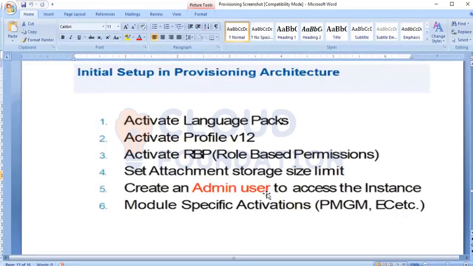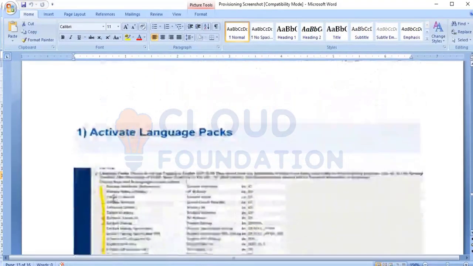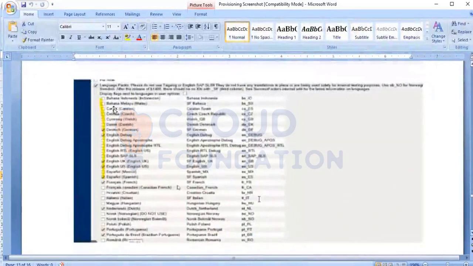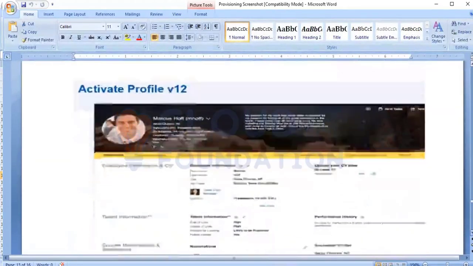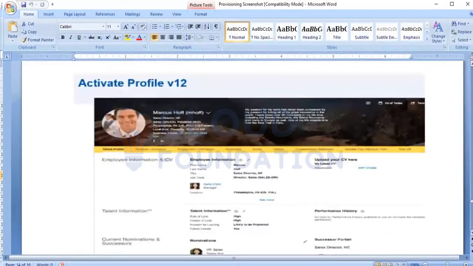The second is activating the profile v12. So activating the language pack, we need to do from here, and activating the profile v12. Activating the profile v12 means, now you have seen we have created a user named Shalini, right? When I click on that user Shalini, it takes me into the employee profile. This is the employee profile. So how is it coming to the employee profile? Because